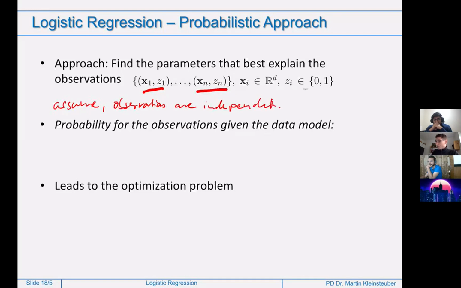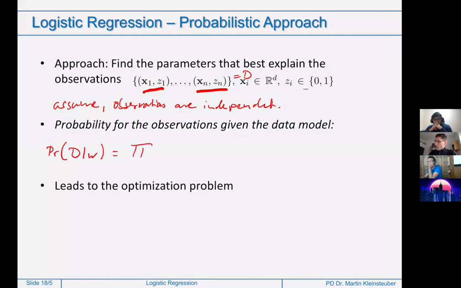Independent from each other. And so we can use our model and say, well, the probability for our observations, let's call this set D, because I don't want to write all the thing again. I'm too lazy for that. So the probability of D, given our model W, is nothing else than,